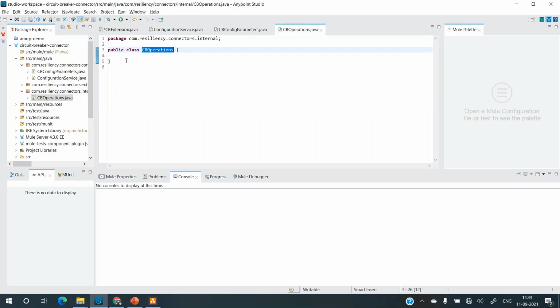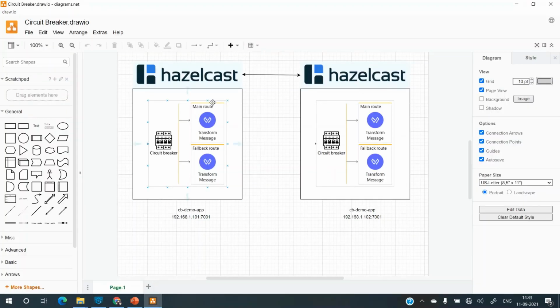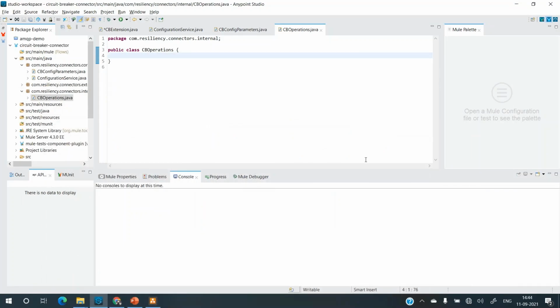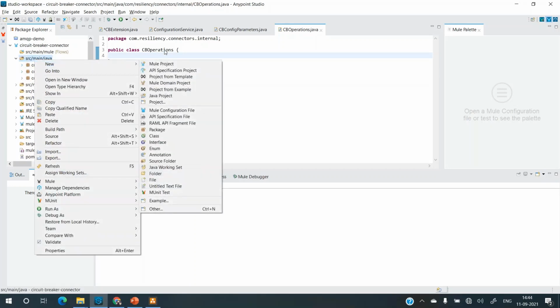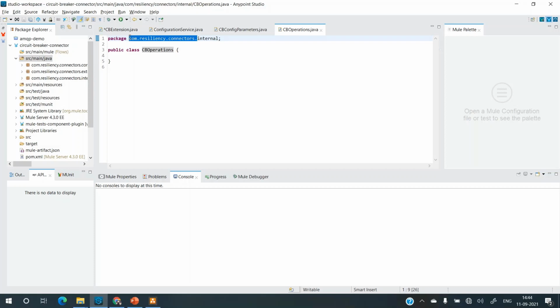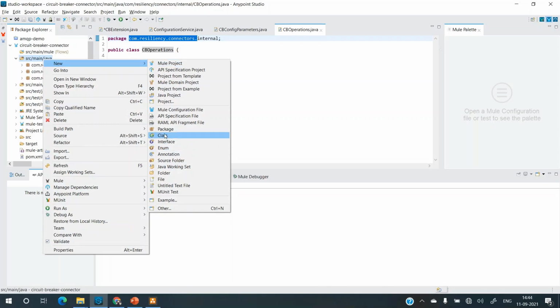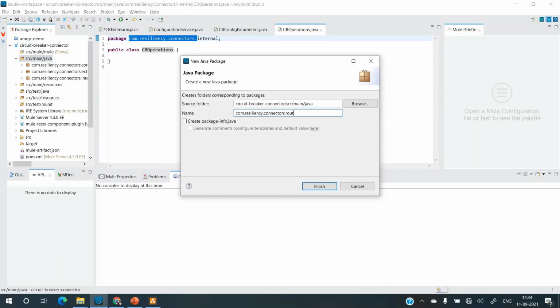So if I click over here, any public method defined over here will become a connector. So first we want to create a root, and the roots that we discussed were main root and fallback root. So for that to happen, we'll create another package for hosting the root classes. Let me just copy this again and create the root package. New package dot roots,